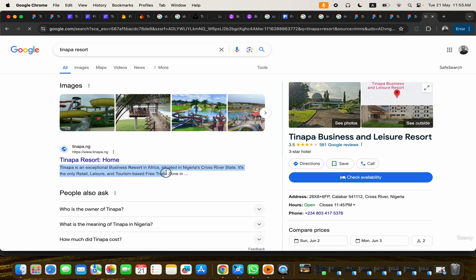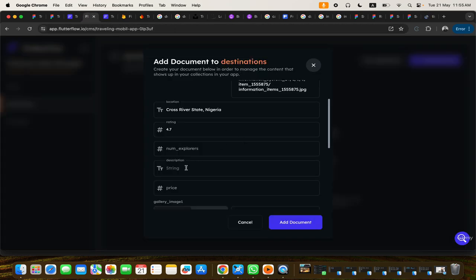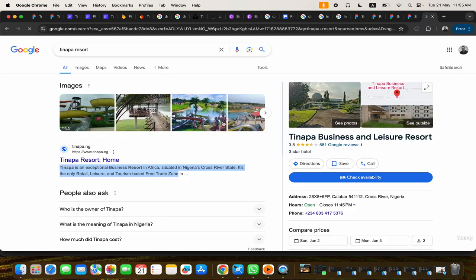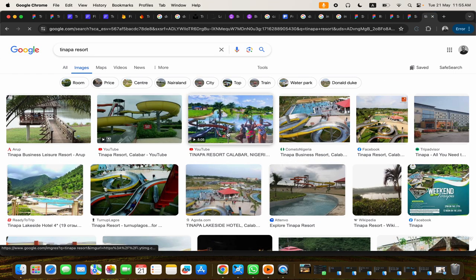Okay, so I think free trade zone. I'm gonna copy it here and then just paste it here. All right, so we have that as a description. The price is $150. Then the images here, we need more images, so I'm gonna come over to the image section and look